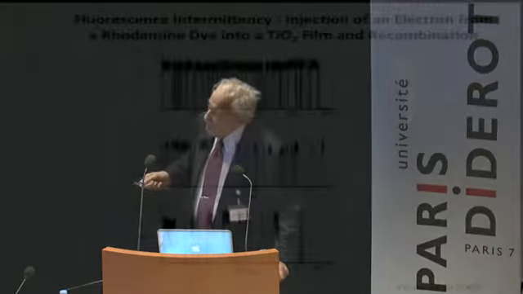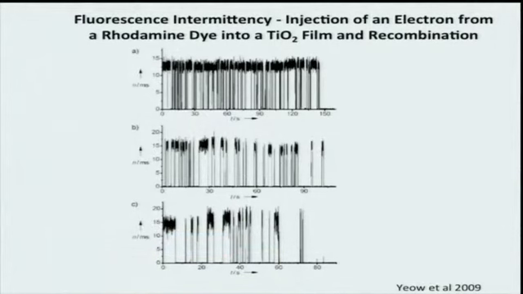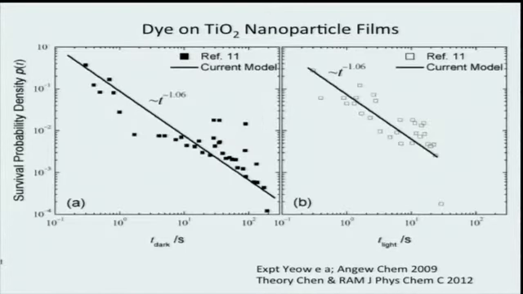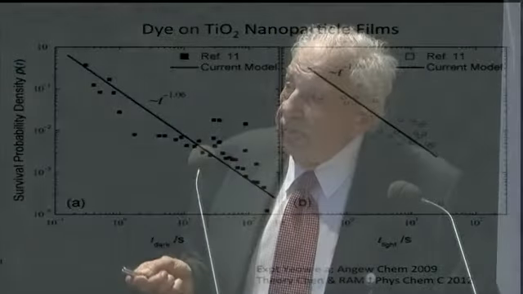The data turned out to be beautiful. This is from a paper of Zhao in 2009. You notice this picket fence-like behavior. It's great. We thought we might try to treat that. This is a power law that was found. Things are more scattered than they were with the other, but the slope is now near 1. Whatever theory you have, you want to account for that slope of near 1.